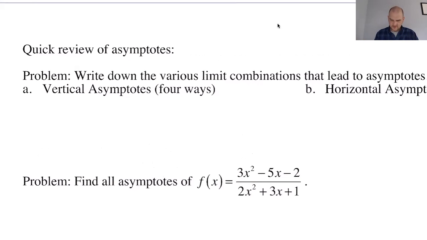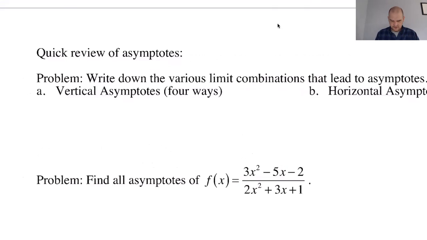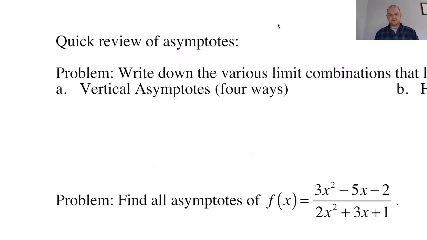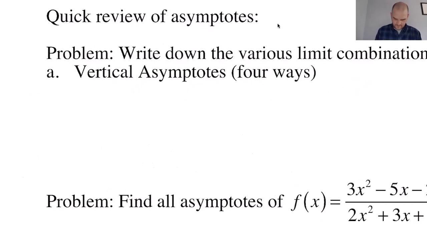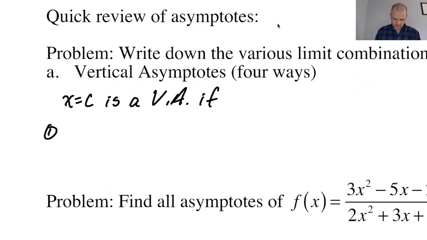So write down the various limit combinations that lead to asymptotes. All right, vertical asymptotes. Those were, you have a finite value, and then you're going to go to infinity, negative infinity from either direction. So I'm going to say x equals c is a vertical asymptote if, one, the limit as x approaches c from the left of f of x equals